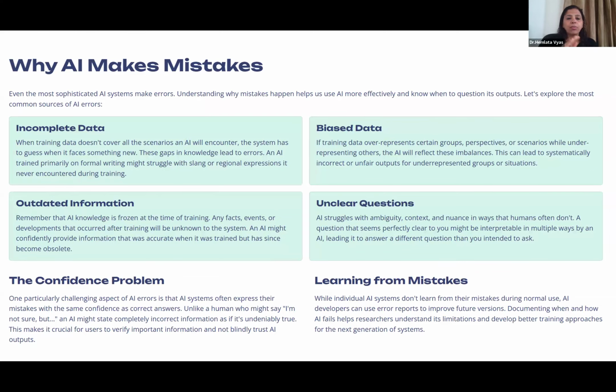As we spoke about why AI makes mistakes, one cause is that the data is incomplete. If we have trained on big dogs and small cats, and never trained the AI on smaller dogs, then when we give a picture of a small dog and ask what it is, it will say it's a cat. So whenever we train the AI model, the data has to be complete.